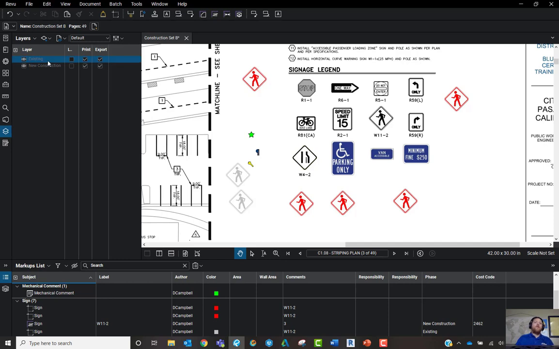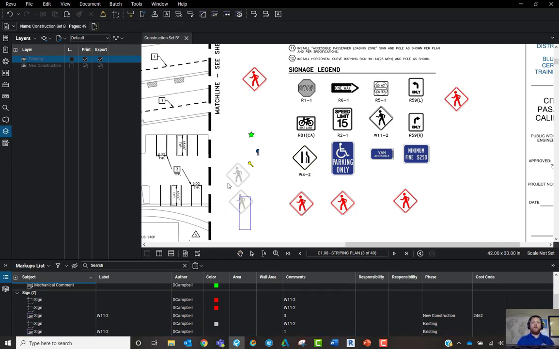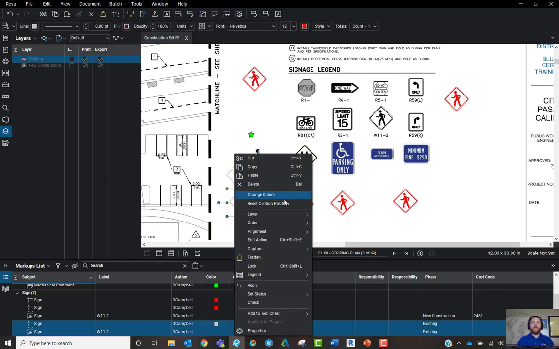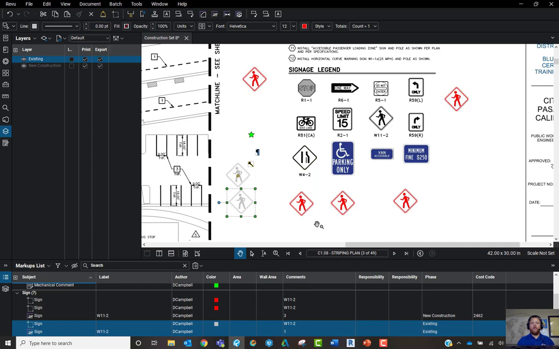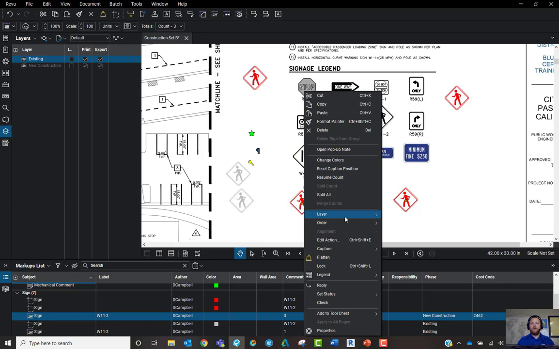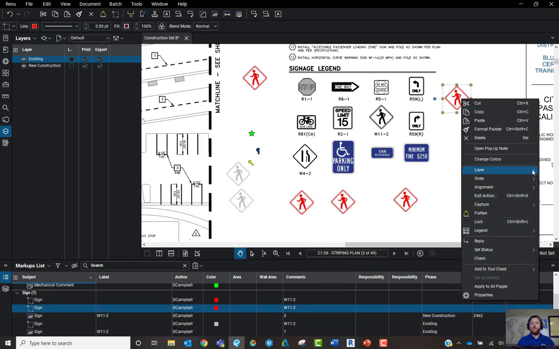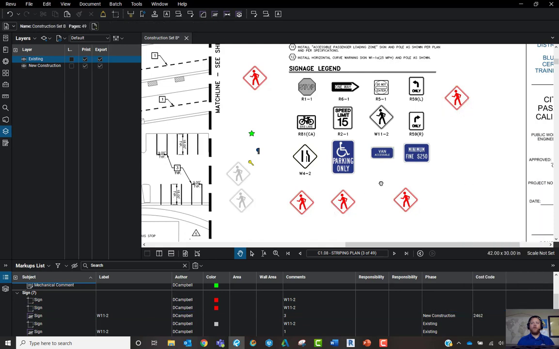Okay. So with this, I can go ahead and grab these elements, some of my tools here. I'm going to hold down the Shift key, grab these two. Okay. And I will put them right with, oh, there we go, the existing layer. Okay. I'll go ahead and grab these three. That's my count tool. So I'll put that on the new construction and put this one on the new construction layer. There we go. So you'll see with layers, essentially we can turn these items on and turn them off